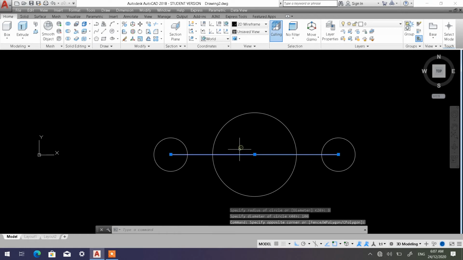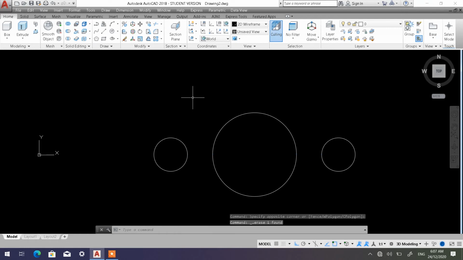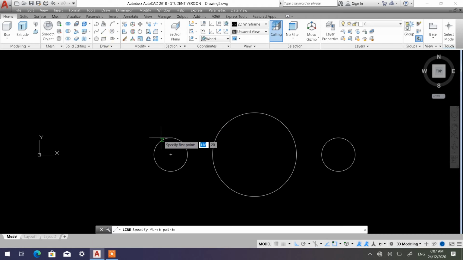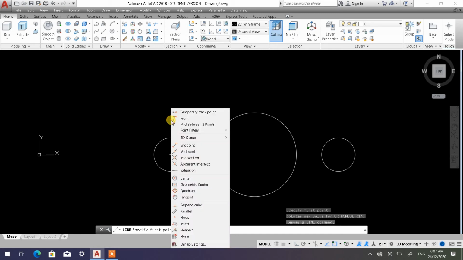Now I can just eliminate this guideline. I'm going to create a line here. So kalau kat sini, of course definitely I can call out dia punya tangent. So kalau tak ada keluar simbol tangent tu, remember press shift button, hold that shift button first, then left click of your mouse. Okay, bila dah keluar ni baru you boleh release your shift button pada keyboard, then go to